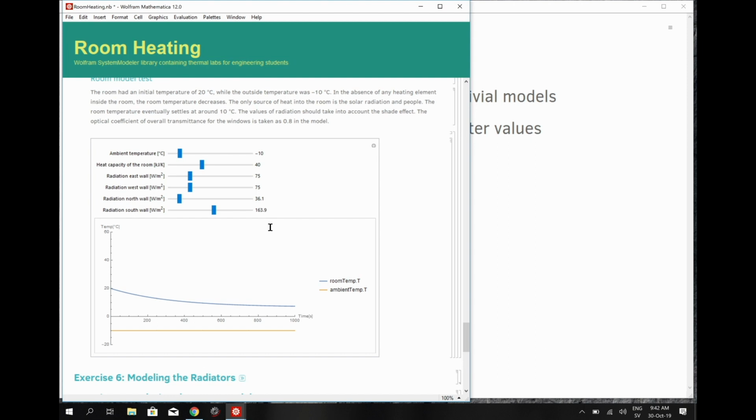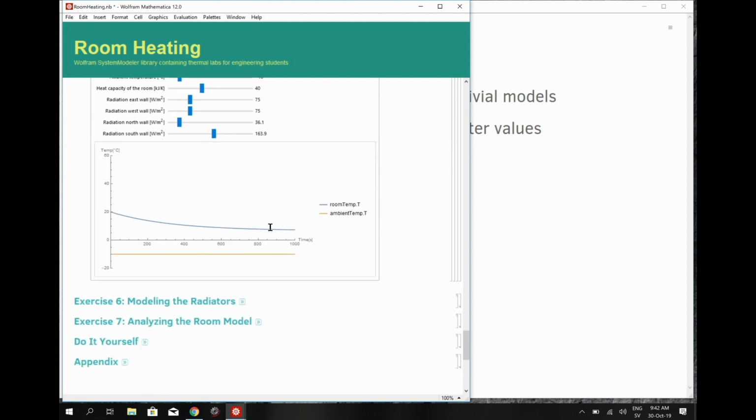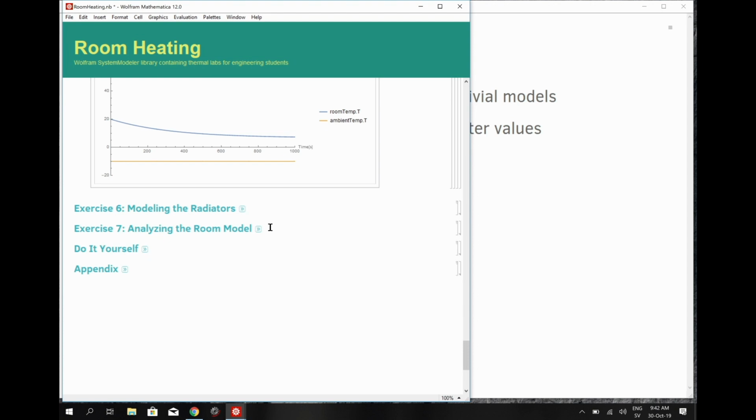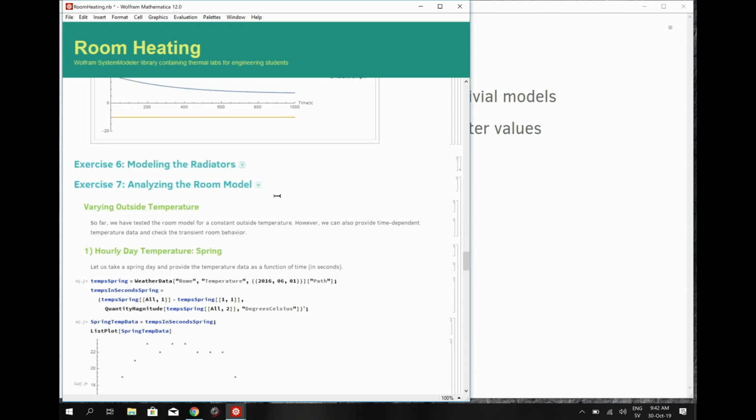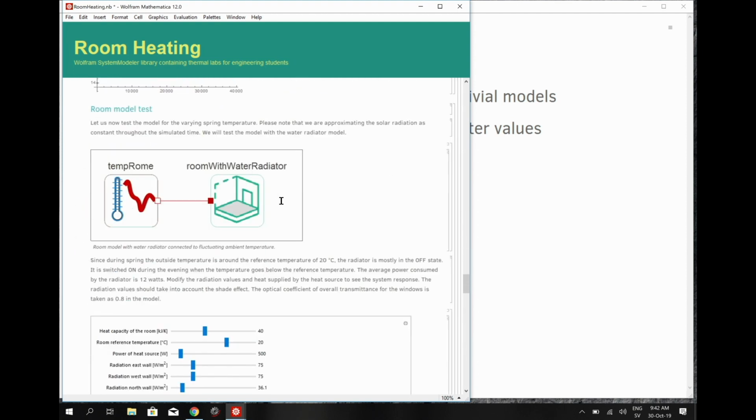So then in the exercise for modeling the radiators, we model the radiator as an electric radiator or as a water radiator. So we have those 2 architectures, but I will not go into that in this presentation today. Let me show you the most important part of this model,